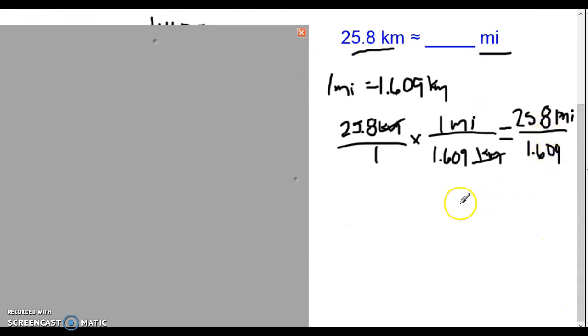So in and out, 25.8 goes on the inside, and 1.609 is on the outside. And I now need to do what with my decimal? I need to move it over 1, 2, 3. And I have to do that right here. 1, 2, 3. In each of these spots, I'd add a 0. And I'd bring this decimal up here. And then I'd divide like normal, giving me